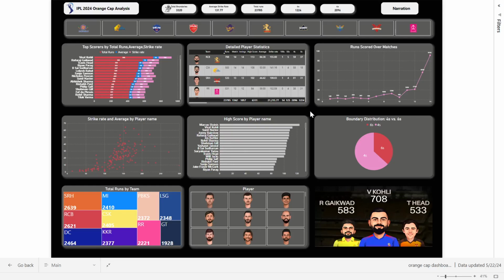In this dashboard, the key insights include a bar chart to display top scores by total runs, average, and strike rate, a table to display detailed player statistics, a line chart to display runs scored over matches, a scatter chart to display strike rate and average by player name, high score by player name using a clustered bar chart, a pie chart to display